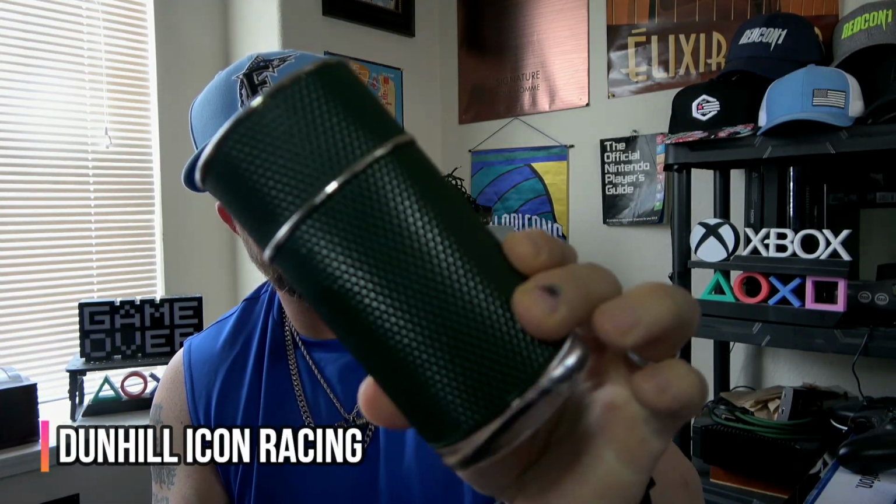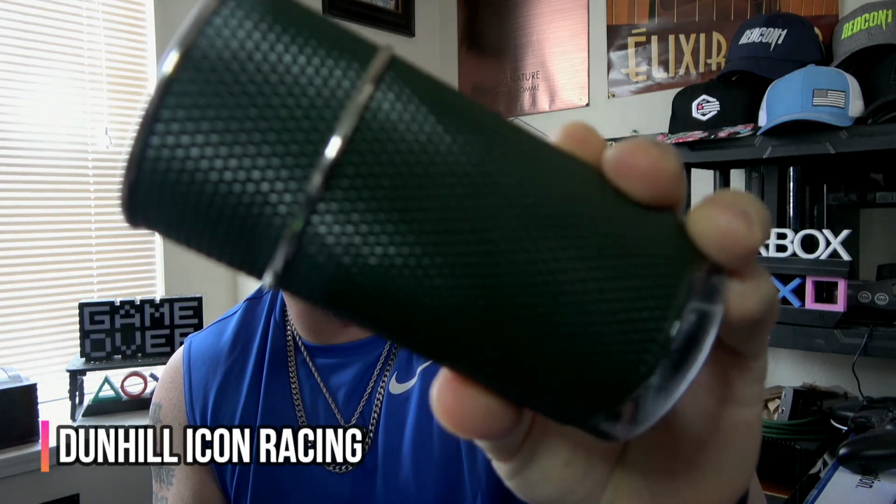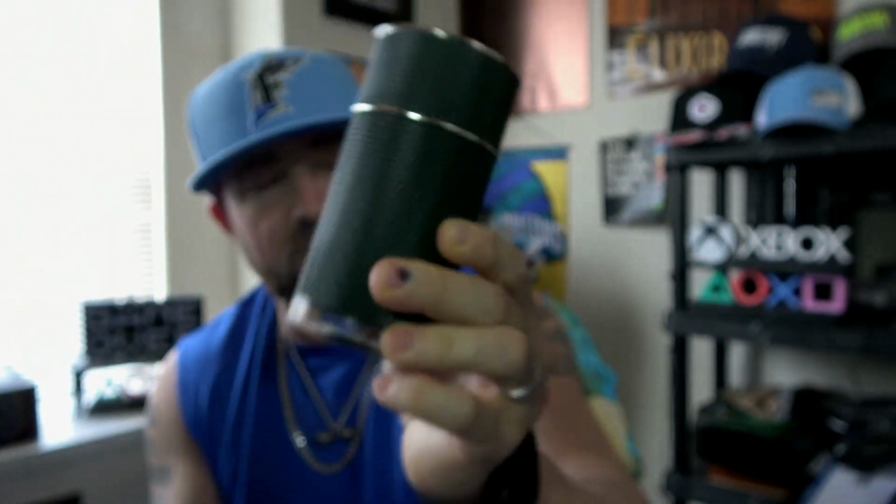Starting with one that really surprised me. This was recommended by a lot of viewers for a long time. I'm glad to finally have it. This is Dunhill Icon Racing. So don't let the green hue of the bottle fool you. This is very much in the same vein of a more woody take on Invictus Aqua, which I'm a huge